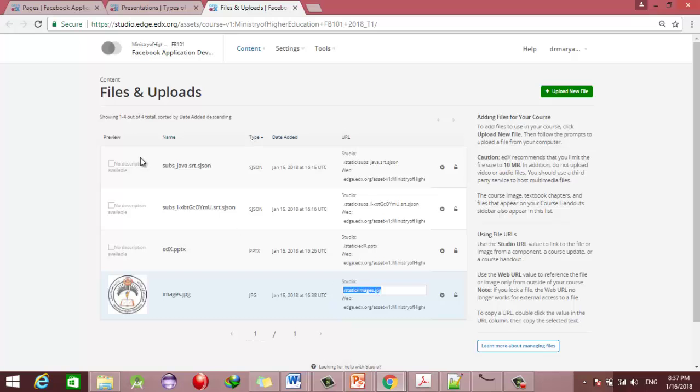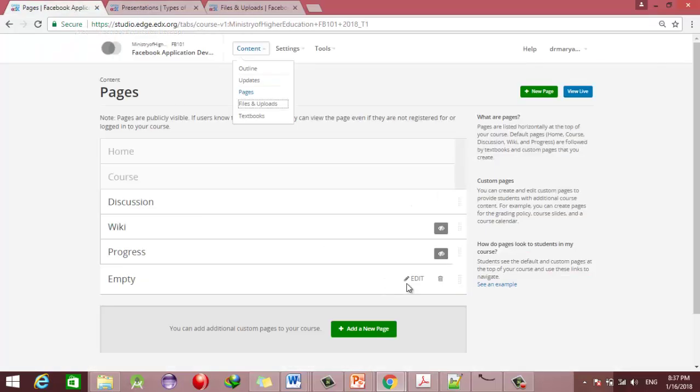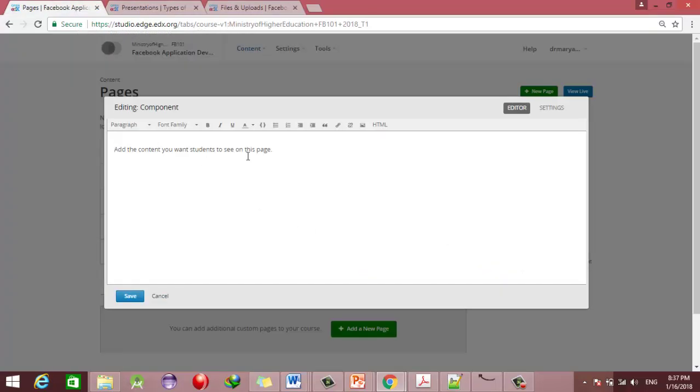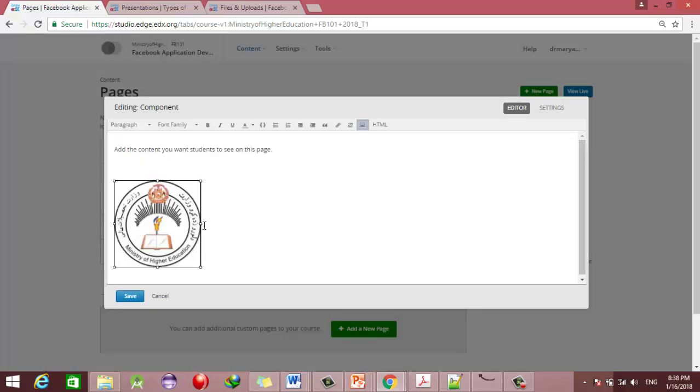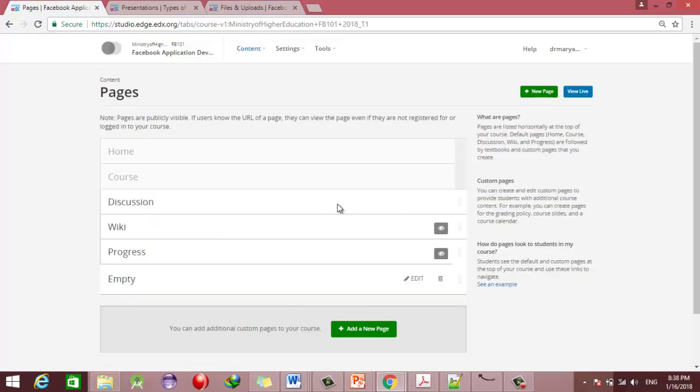What I will do is I will copy the URL, get back, and we'll click on the edit option and we'll add it here. So click on the image, click on the URL and image description, click on the OK option, and as you can see, the image has also been added. Click on the save option, and now this is the page that we have developed right now